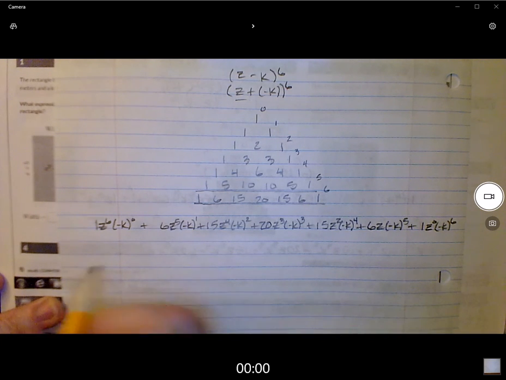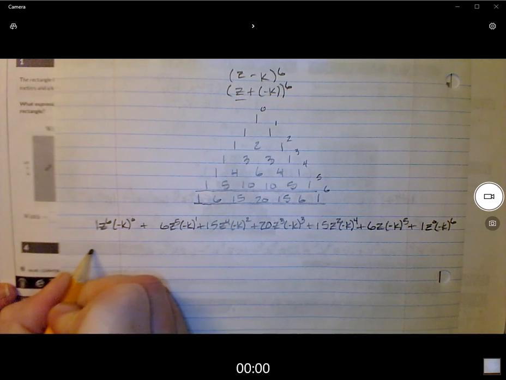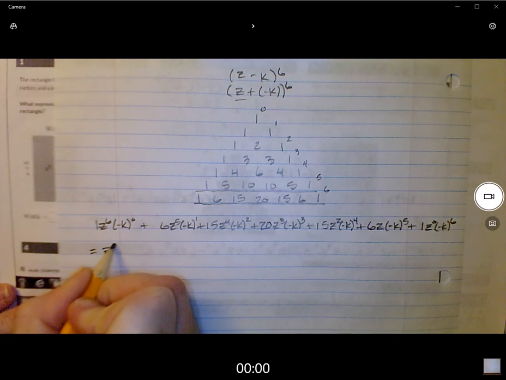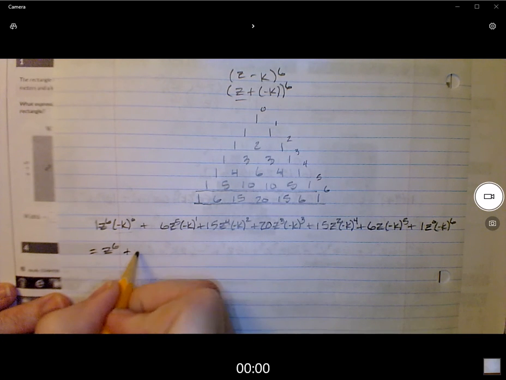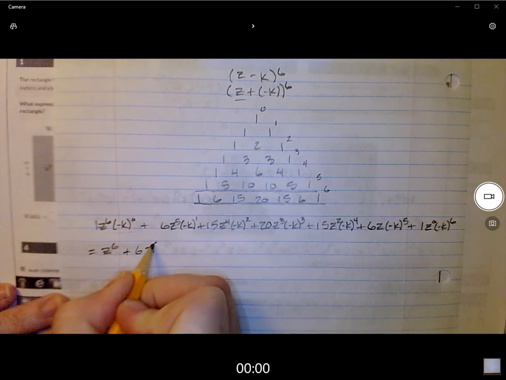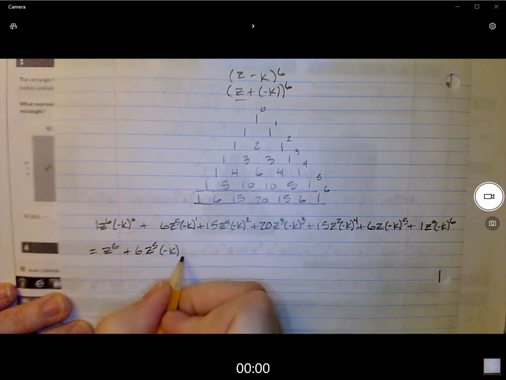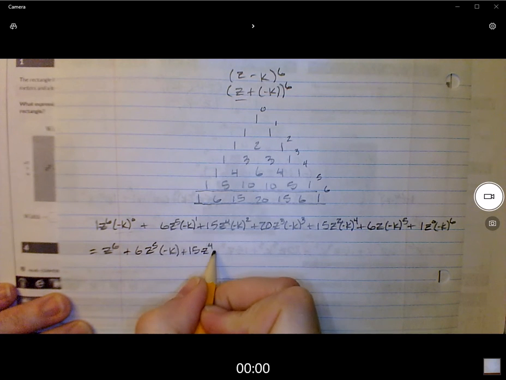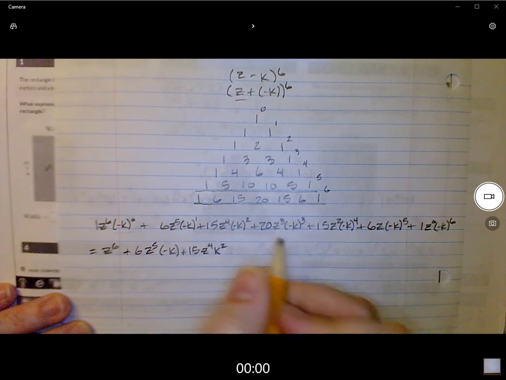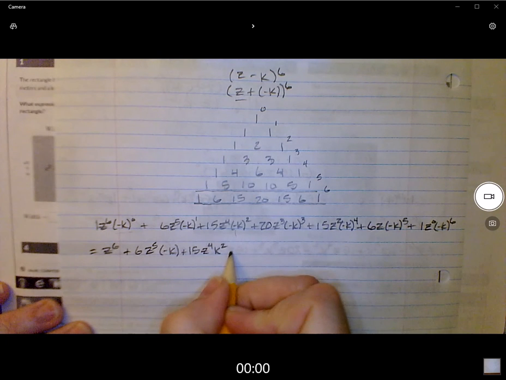Alright, now I'm just going to simplify all these terms a little bit. I'm going to take a couple of passes at it, actually. So this one will be z to the 6th, and that's it, because this is 1. Z to the 6th times 1 is z to the 6th. Plus 6z to the 5th minus k, right? Plus 15z to the 4th, I'm going to just call that k squared because it's the same thing and it gets rid of a pesky negative sign. Plus